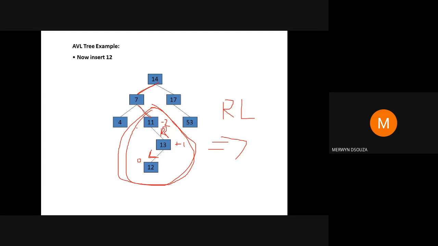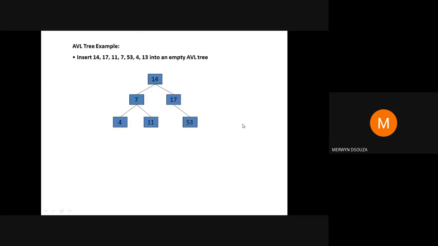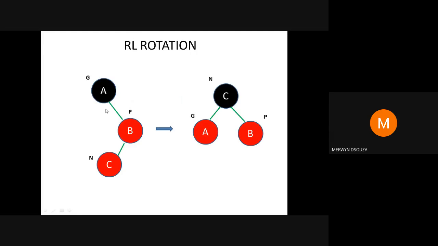Wherever the problem has occurred, that node will be A. Wherever the balancing is not proper, that node will be A. The node below will be B. Below that will be C. Remember, I am repeating, the problem occurred here. So 11 is A, 13 is B, 12 is C. Once you know you are applying RL, you have to know this by heart. When you are going for your exam, you need to know this by heart. They will do this rotation like this. A, B, C will be rotated like this.